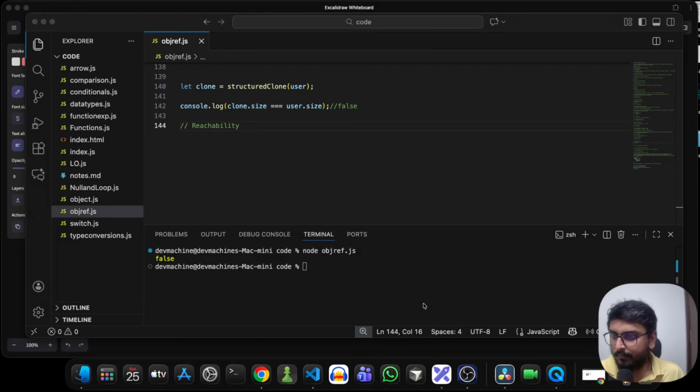This is the basic thing that we have agreed upon. And one very important thing is objects are non-primitive. What exactly is meant by non-primitive? In a given object, we can store multiple data types. So here I have stored a string and a number. Even if I want to store any other thing, I can do it. But